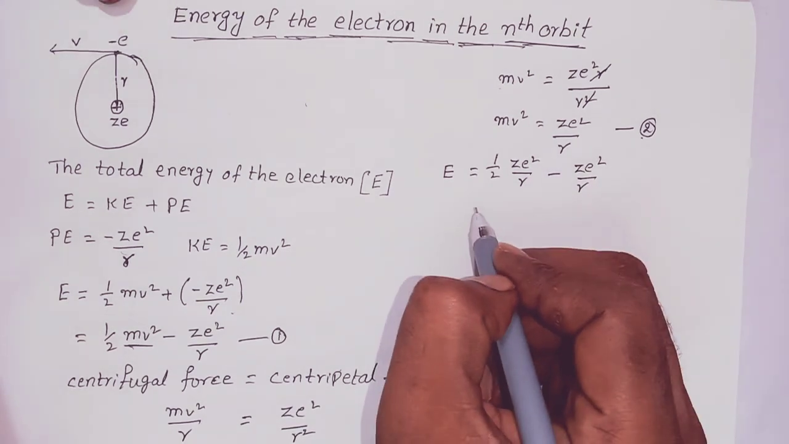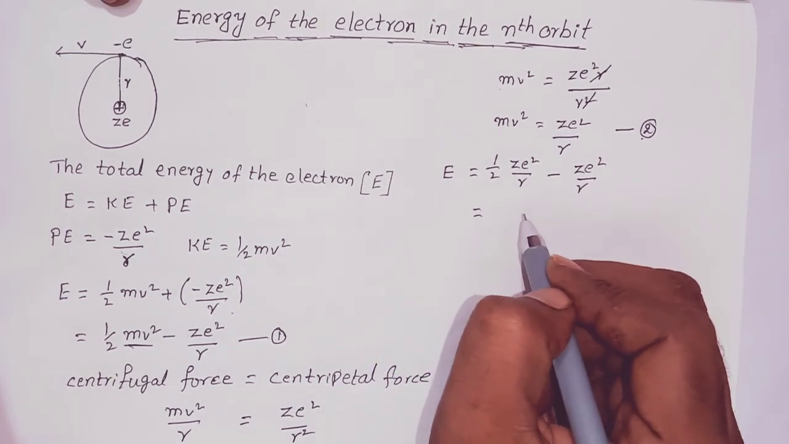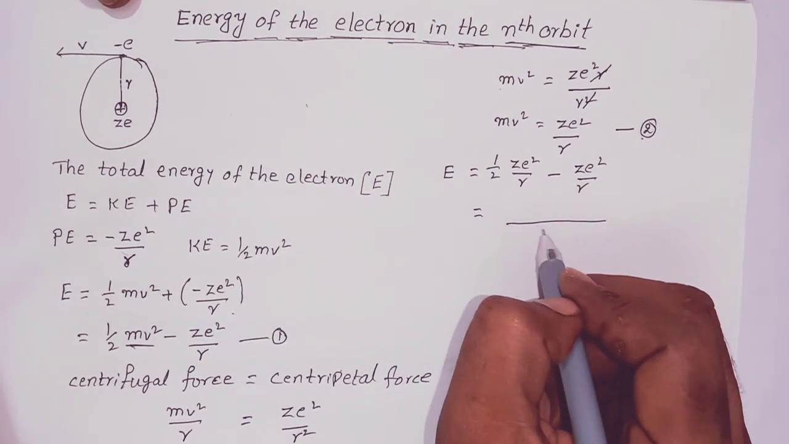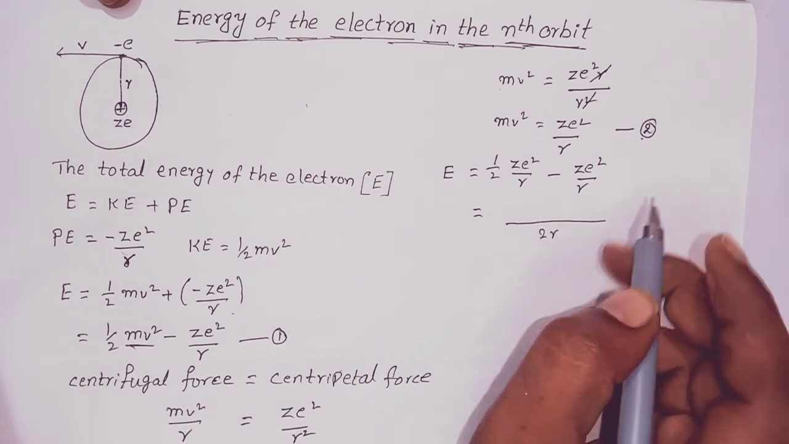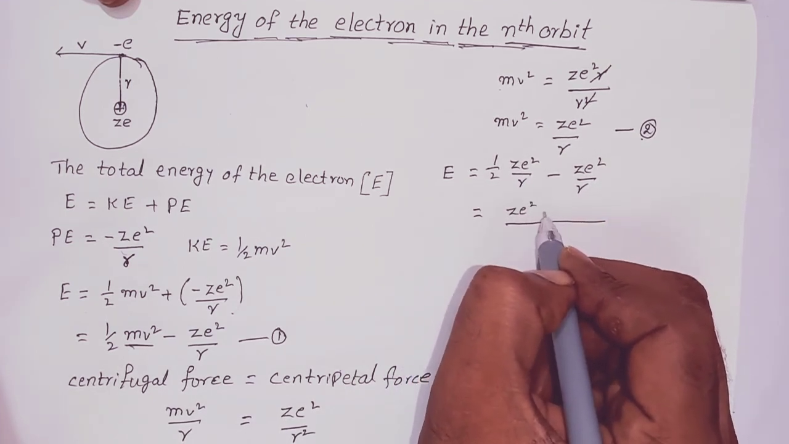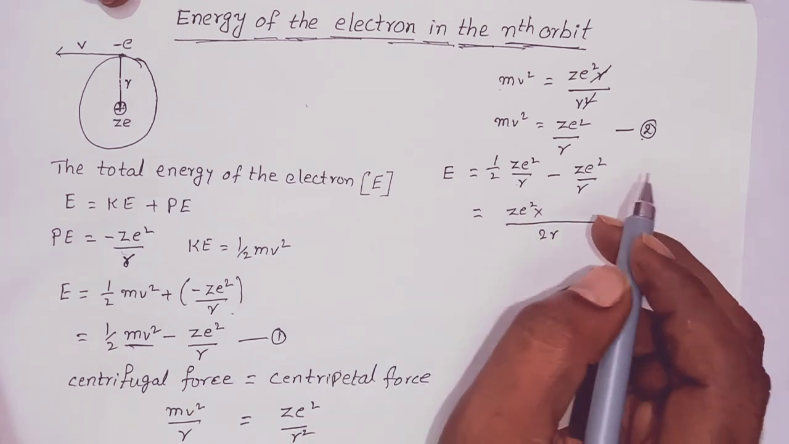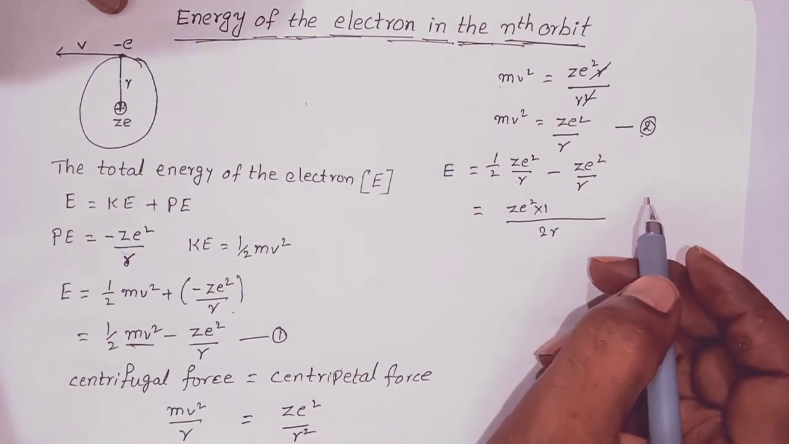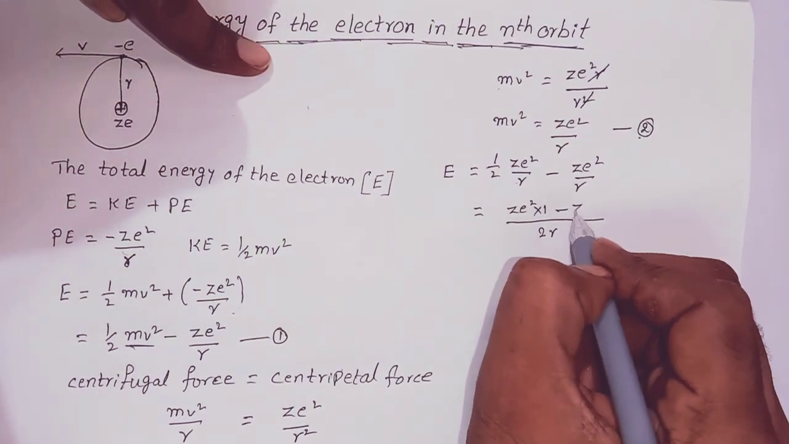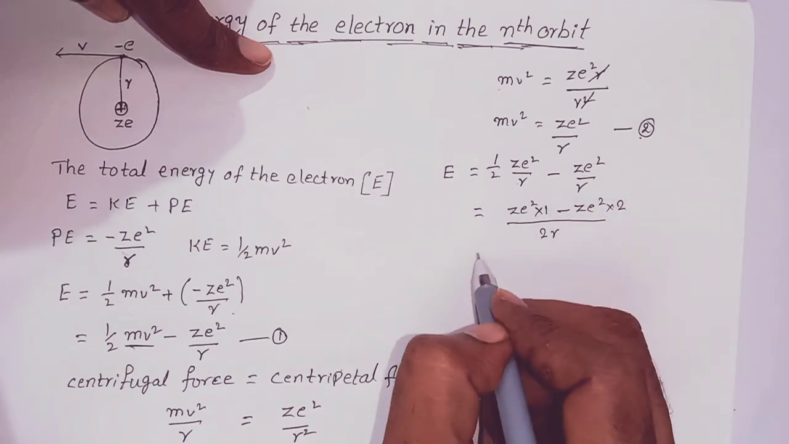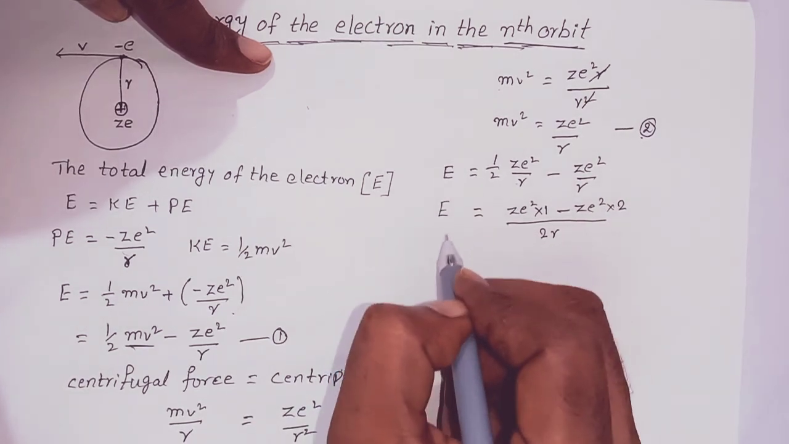So when you do this, the LCM here is 2r. So here ze square is there, this ze square into this r into r, this 2r already, so one time. Okay, next minus ze square into r into r 2 times. Then you will get the E equal to,